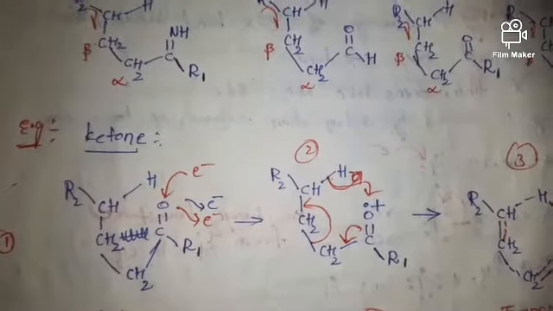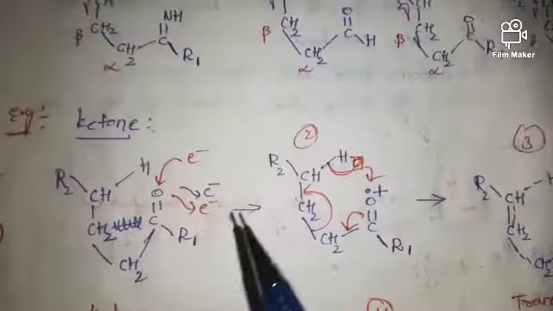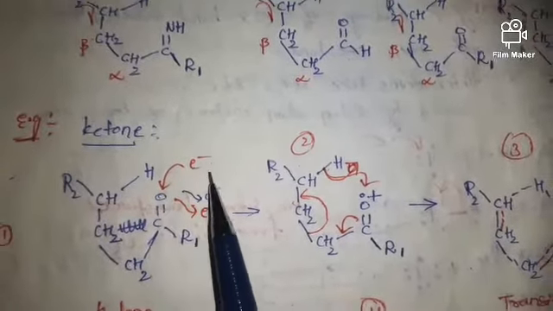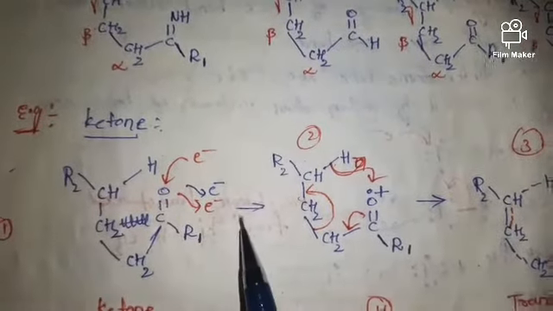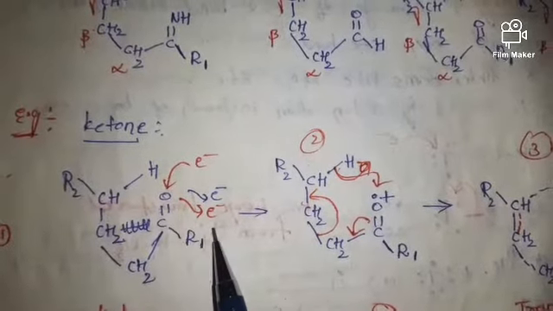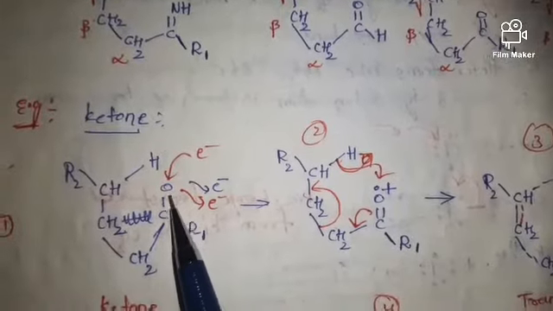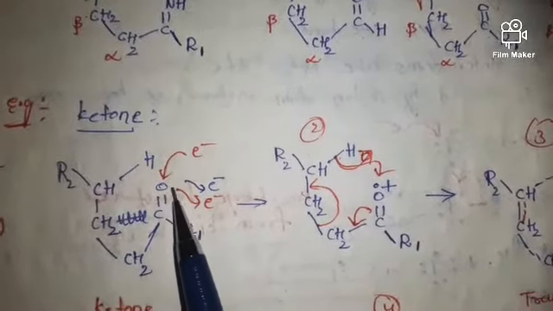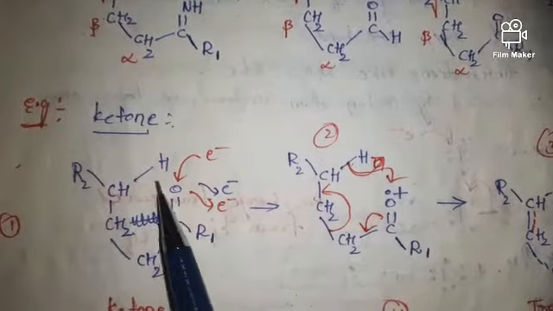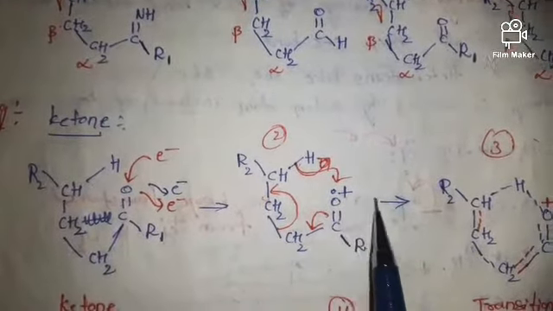What is that? That is alpha-beta bond cleavage and gamma hydrogen transfer. See first, this is the heteroatom. The concept, friends, is repeated again: bombardment of electrons will occur. That bombarded electron will come out. Along with this, a single electron from this particular atom will also be lost, so we have to represent this oxygen as a radical cation like this. This is a radical and this is the positive charge.